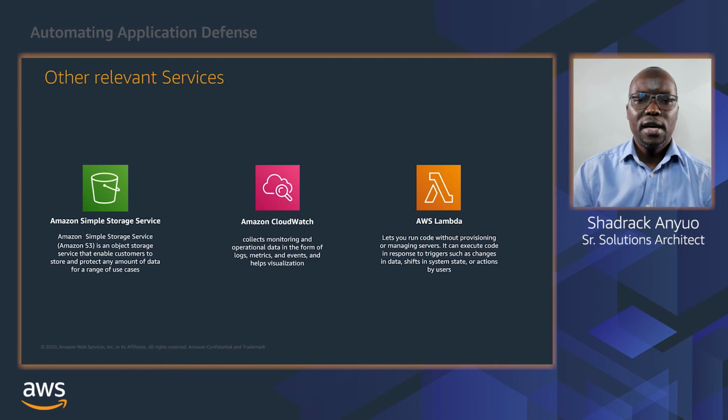Now, in the next slides, I'm going to share with you four specific use cases where you can use WAF to automate application layer defense. Then after, I will also share with you an overall architecture that combines all the four scenarios together with other measures to be able to address the Open Web Application Security Project Top 10 security risks.